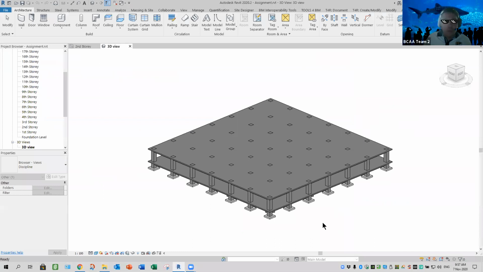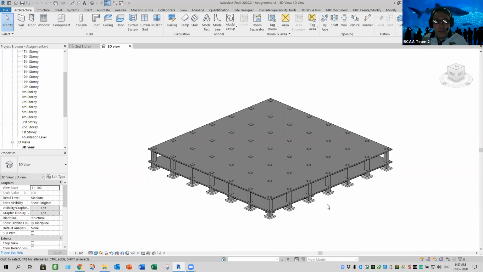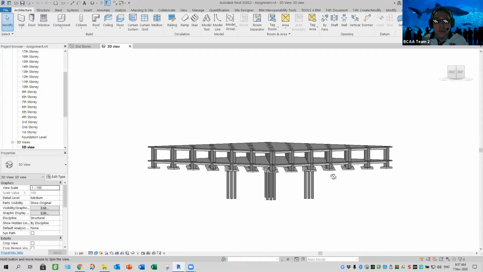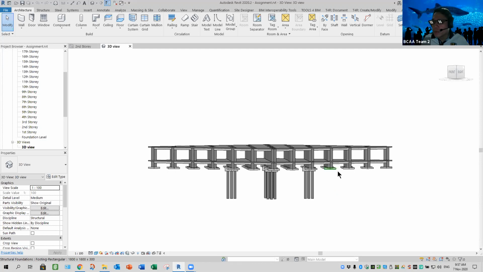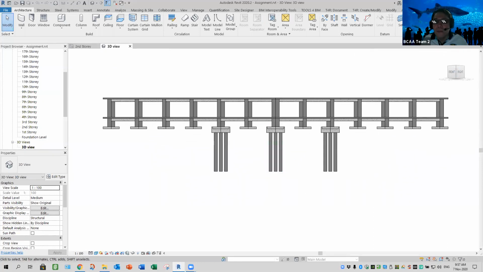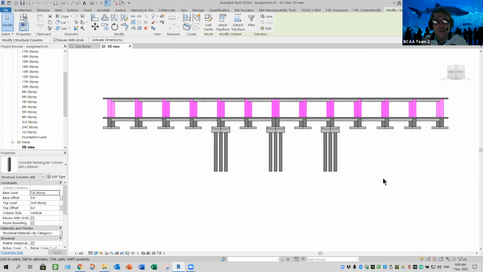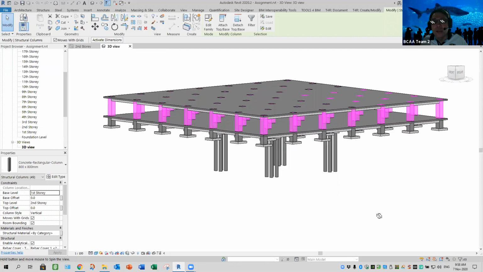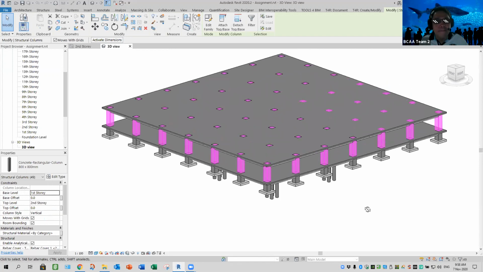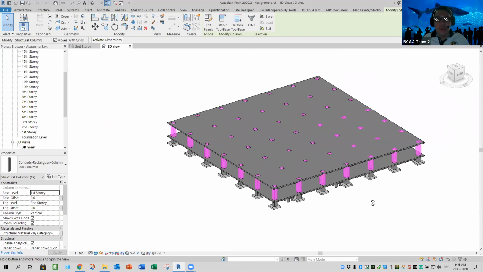Okay, so what I need to do now is to copy my column. So how can you copy your column? You can just do this way. Oops, careful. Ideally, click this, zoom in, across. Crossing window, remember. So all your columns selected, yeah, like that. Okay, after that, what I'm gonna do,